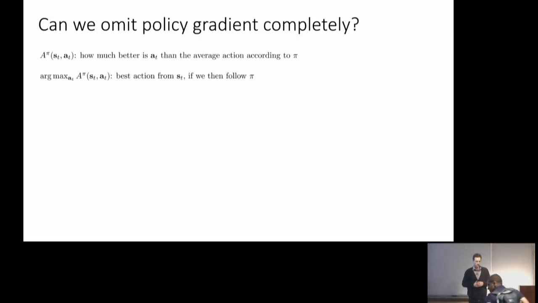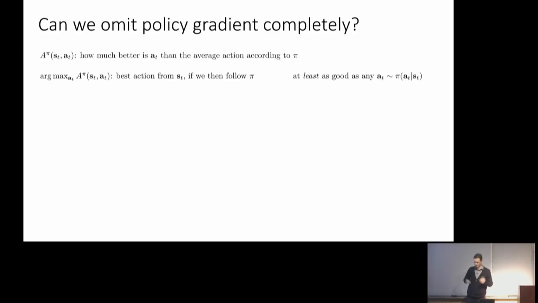So that means that if you choose your action by taking the argmax of the advantage function, that's the best action you could possibly take from ST if what you're going to do afterwards is follow pi. Of course, it matters what you do afterwards. If what you do afterwards is like follow a random policy, then AT may not be the best action to take. But if what you're going to do after taking AT is to follow pi, then the argmax of the advantage is the best thing you can possibly do if your advantage estimator is accurate.